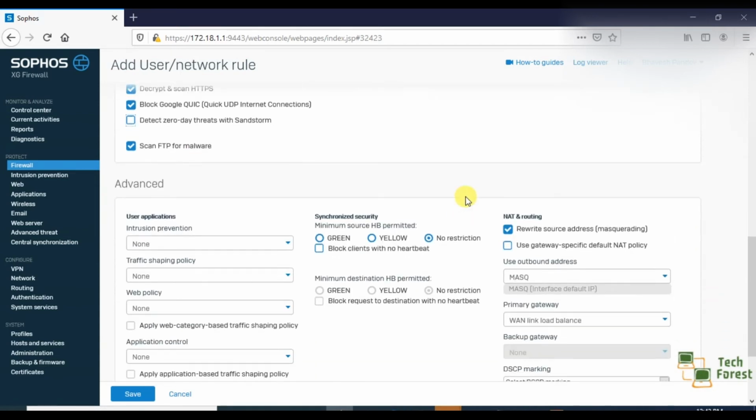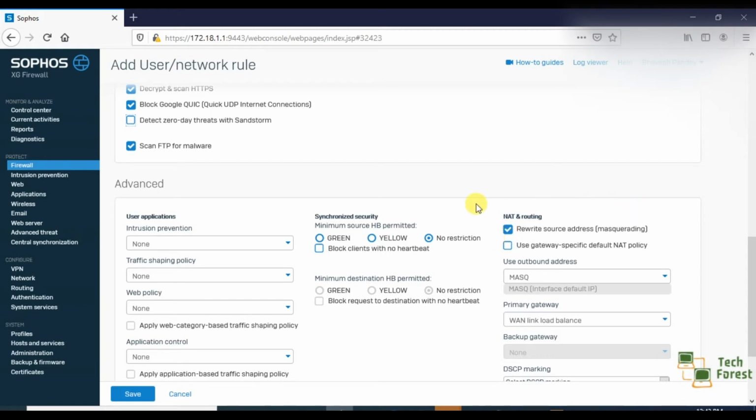We will not touch this NAT rule, NAT and routing rule, because you will get confused. Also it's a lengthy topic, we cannot conclude the whole topic in a single video, so we are not touching this. By default you can see this option is enabled, we are not making any changes right now.